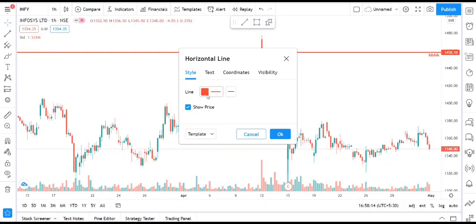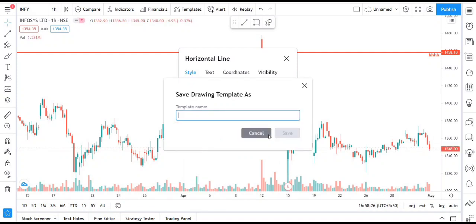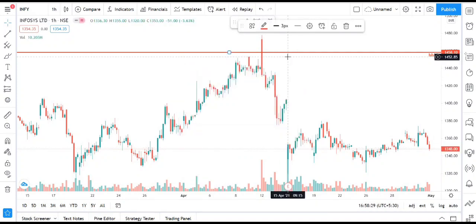With the style you can change the colors and templates. If you have set all the settings, you can set a daily or monthly template. You can name it as any template, go to Save as, and save it. What happens by saving it is that in future, if you mark a line on any other stock's chart and you want similar settings, you can just create a line, click on it, go to the settings, and in templates select monthly or daily, whichever you want. Then the same settings will be applied on that new line that you have marked.